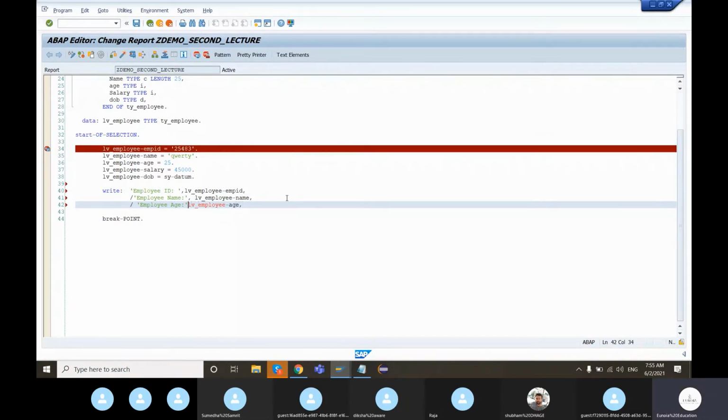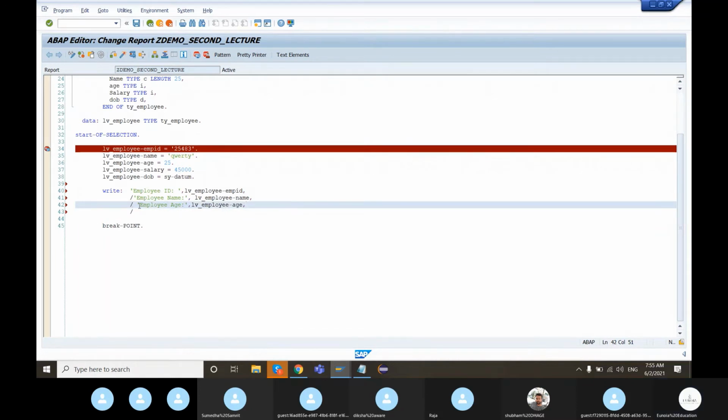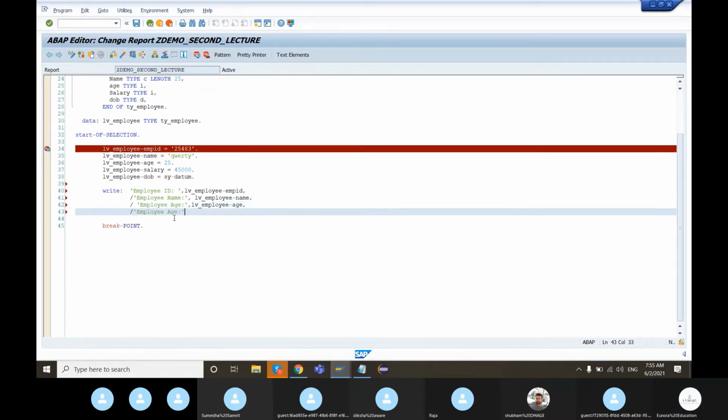There seems to be a syntax error because we have forgotten to use the comma. Front slash. After that is salary.